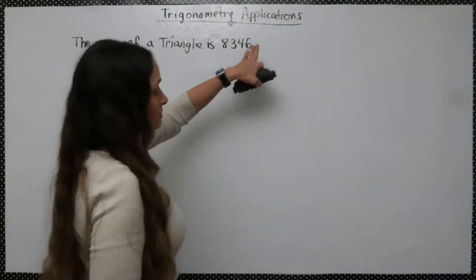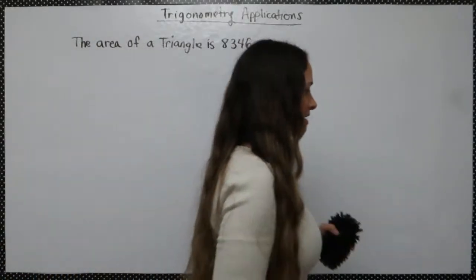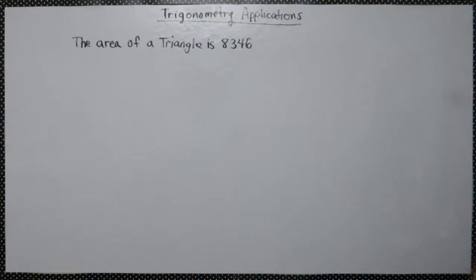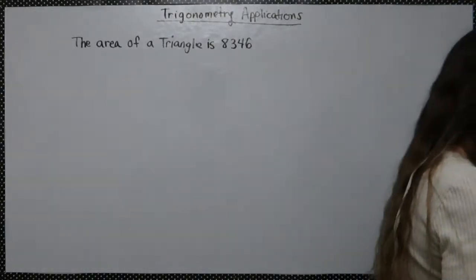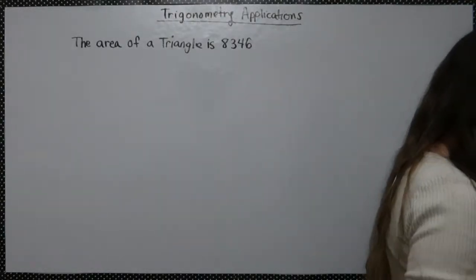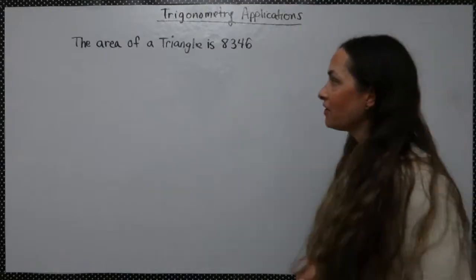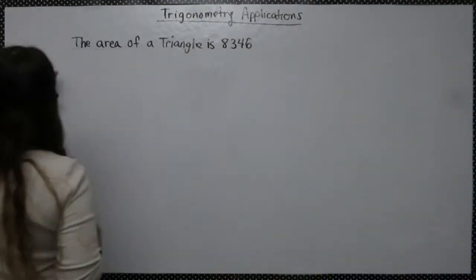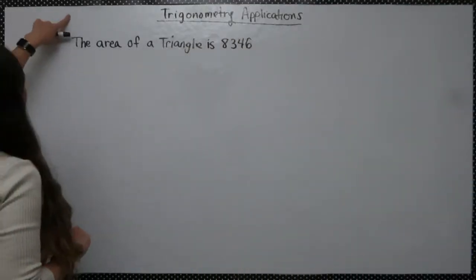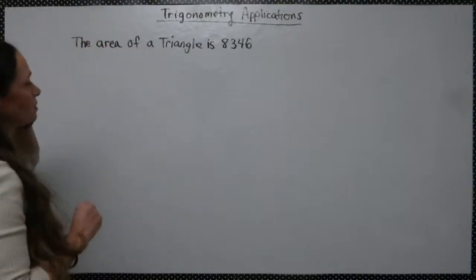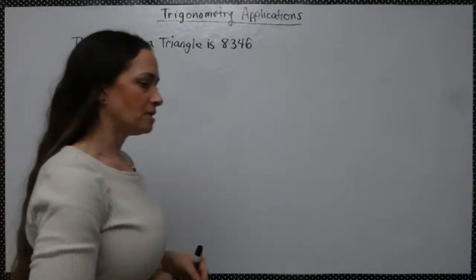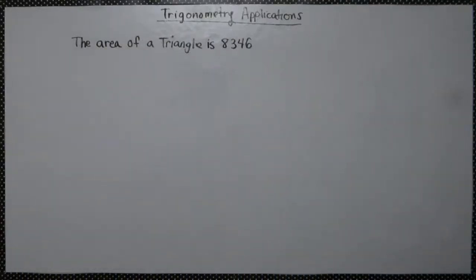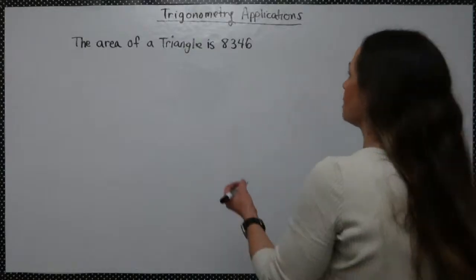It's a trigonometry applications problem, and it's not a right triangle. It's only giving us the area, and it's giving us two known angles in the triangle. So let me go ahead and write this out real quick and see how it goes. It says the area of the triangle is 8,346 square feet, and two of its angles are